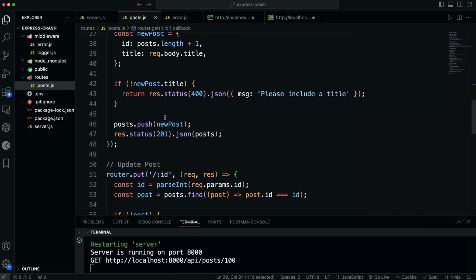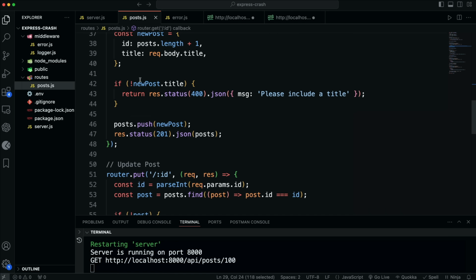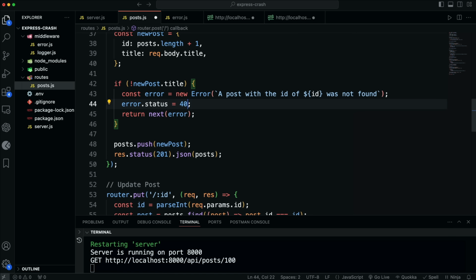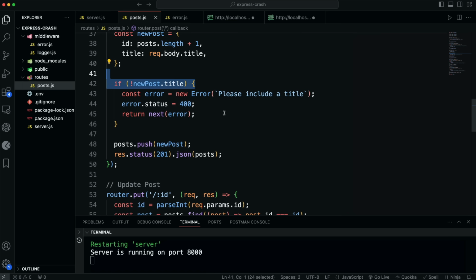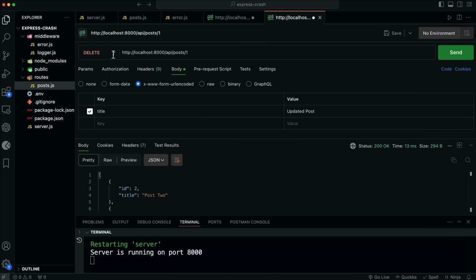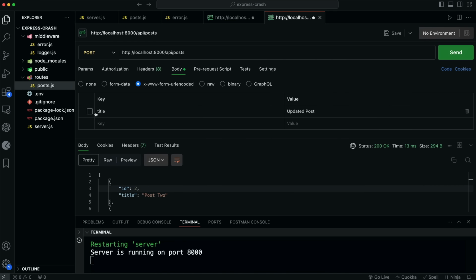So create new post. Where we check for the title, let's replace this with this, except I want it to be a 400. And let's say, please include a title. So let's see if that works. If we go and try to make a post request to API posts and we don't include a title,